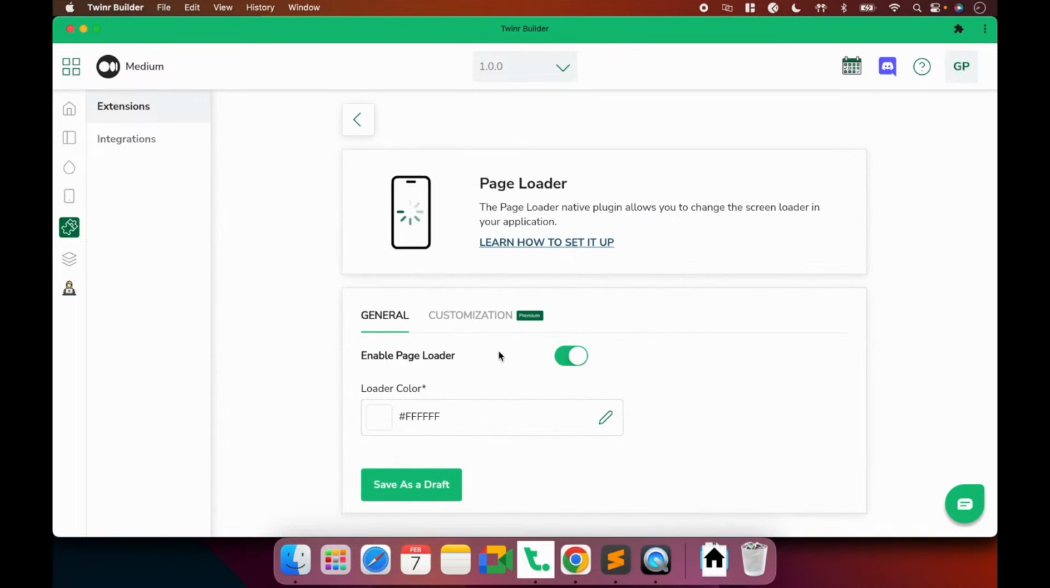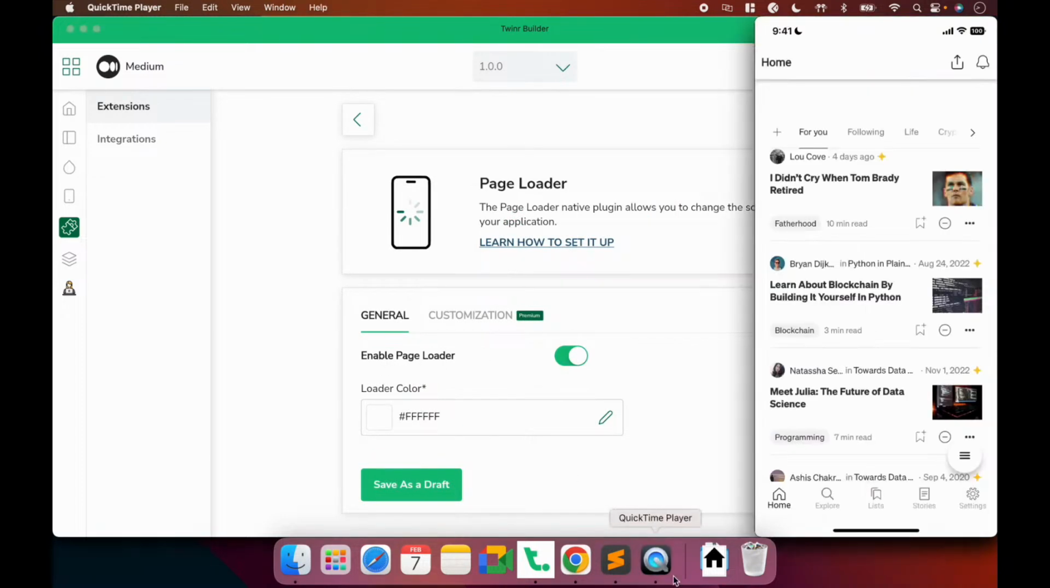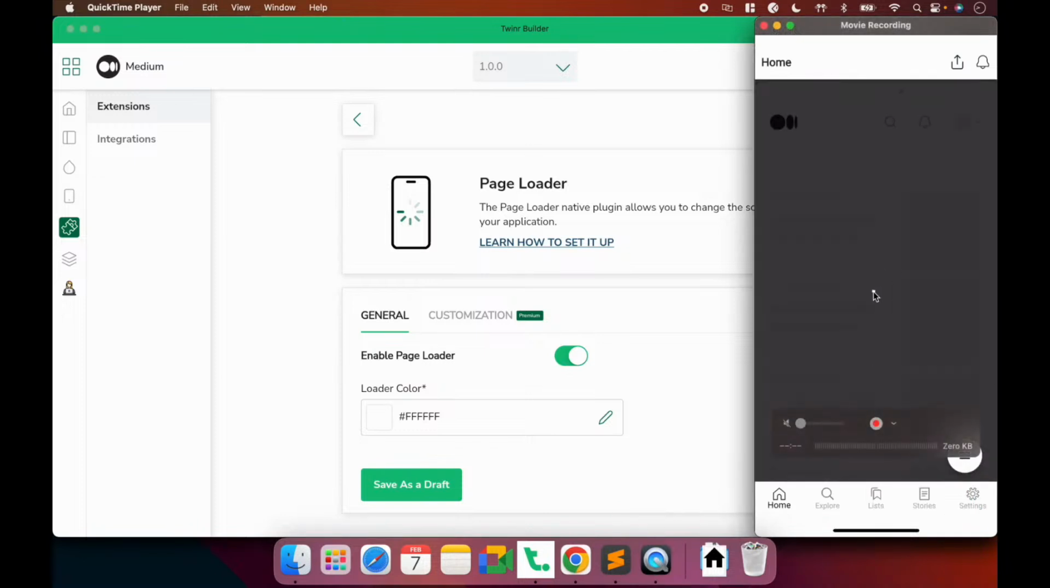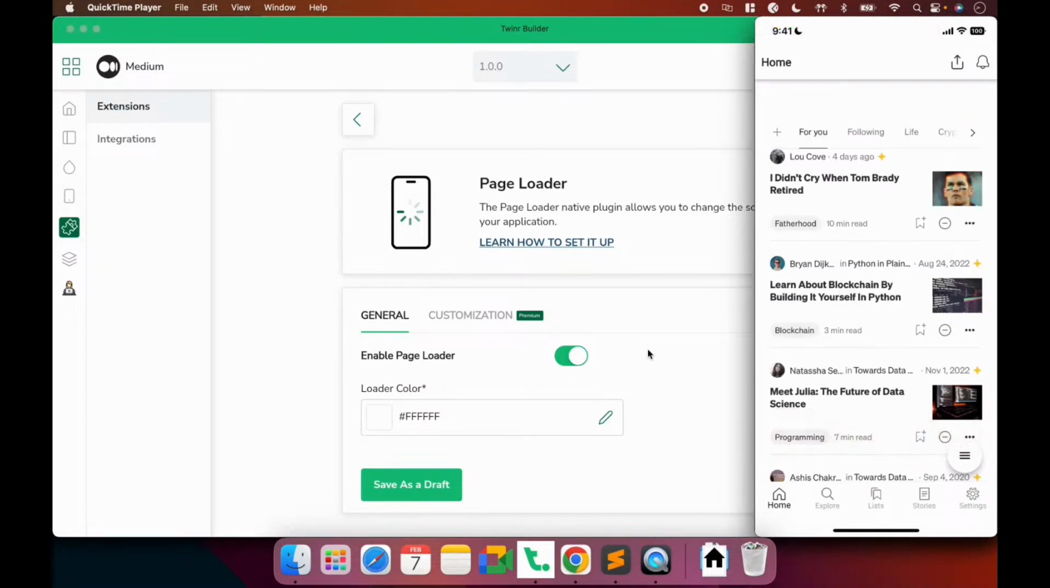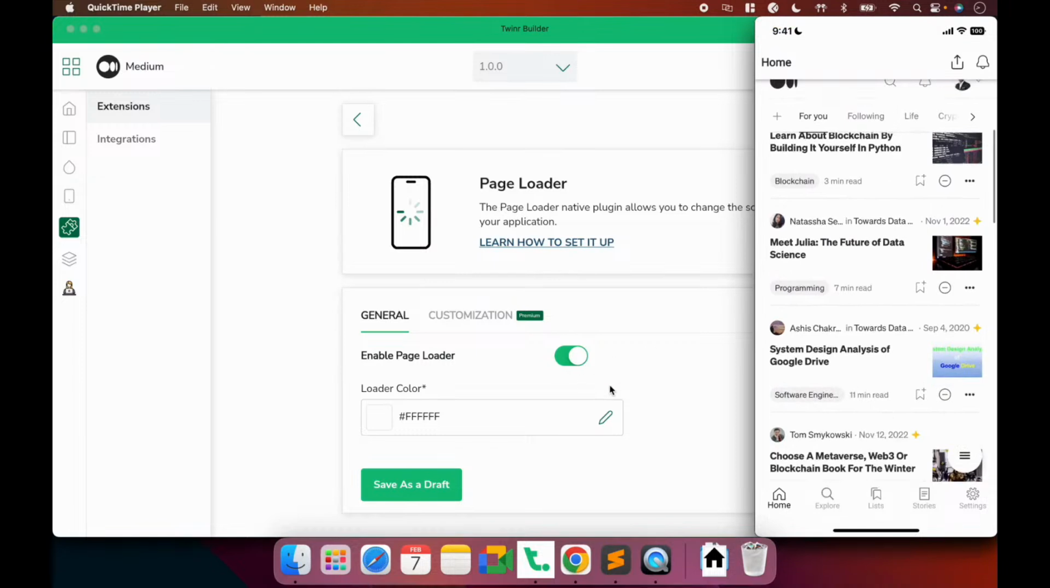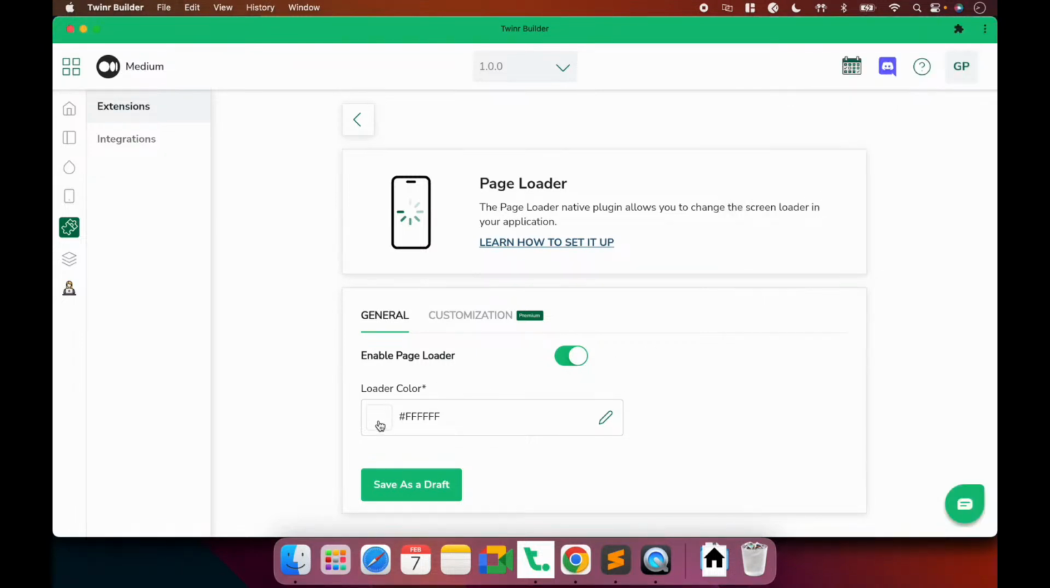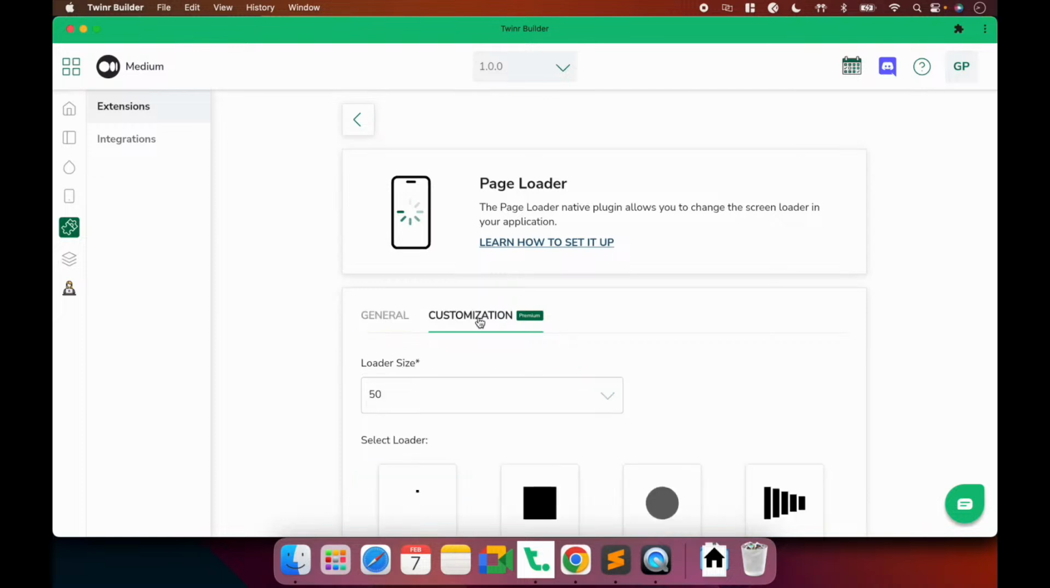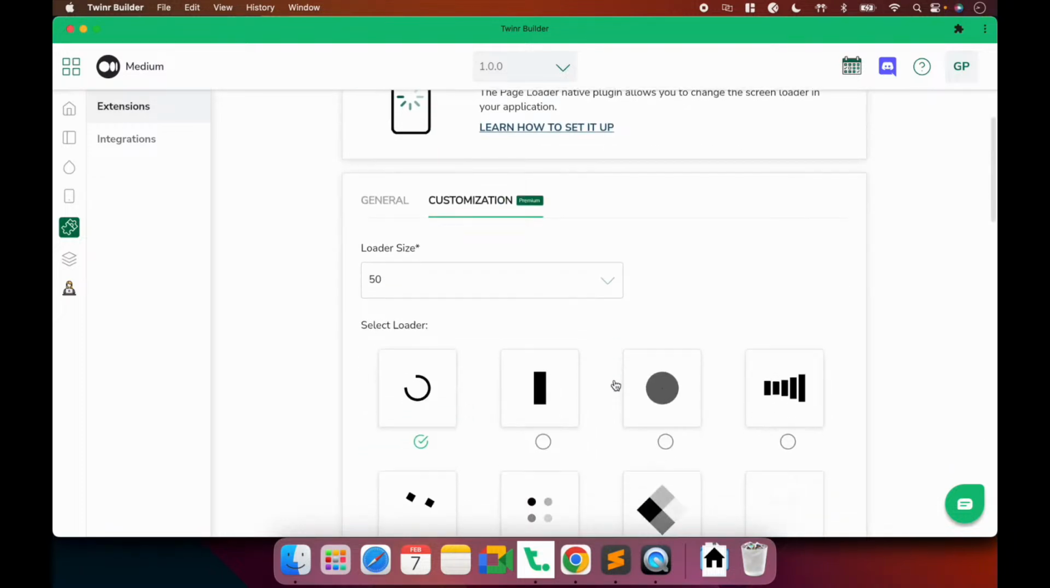So let's do that as well. The page loader means when we reload the page here, you see we have this loader here, right? So that's the page loader, and we can customize that as well. To do that, we can change the color of the loader, which I don't really want to do right now because white is fine. It really matches with the medium theme. For the customization purpose,